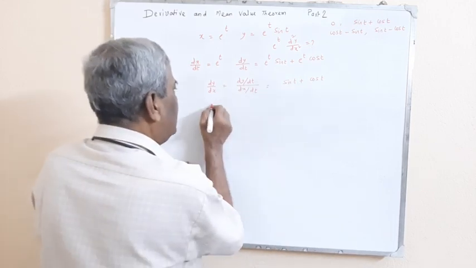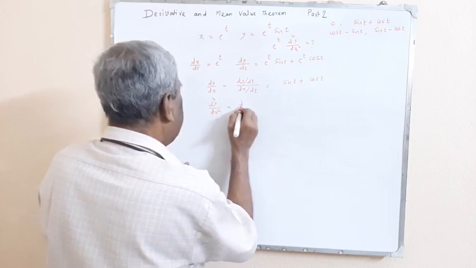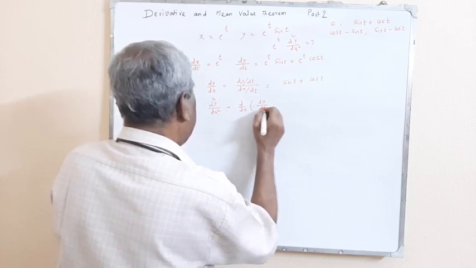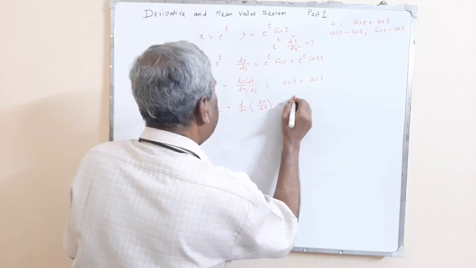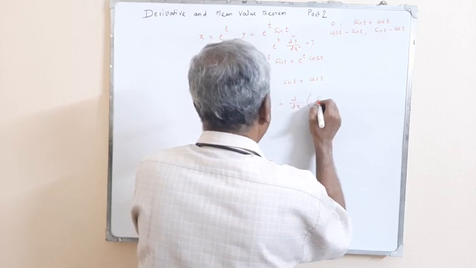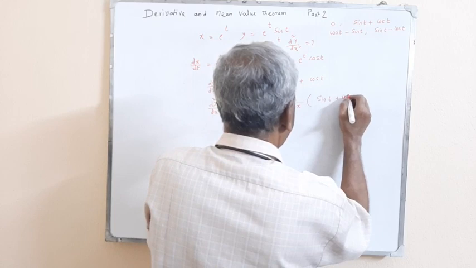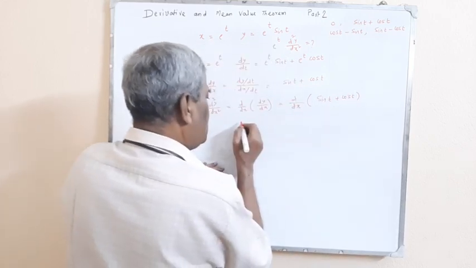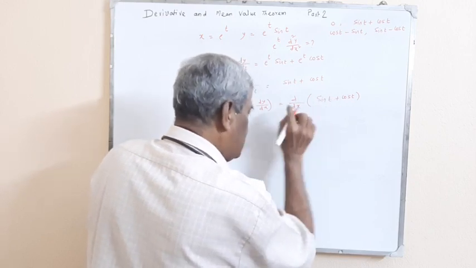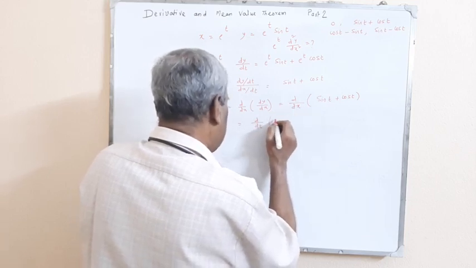So we get d2y dx2 is equal to d dx of dy dx, which is d dx of sin t plus cos t, because dy dx is that. This cannot be differentiated directly with respect to x. So we differentiate first with respect to t,